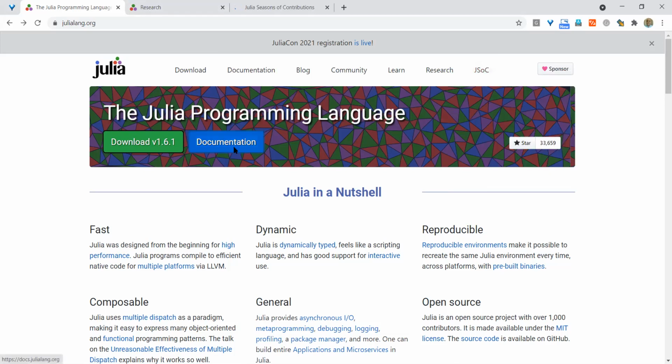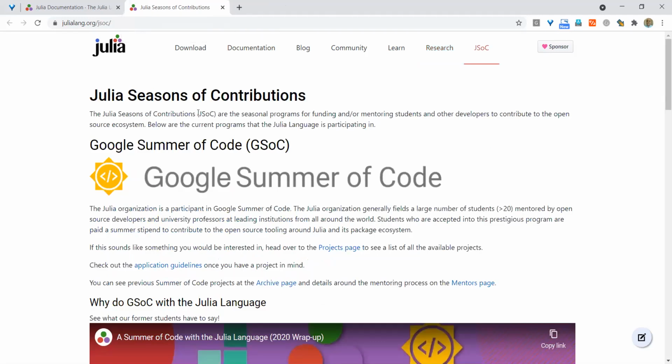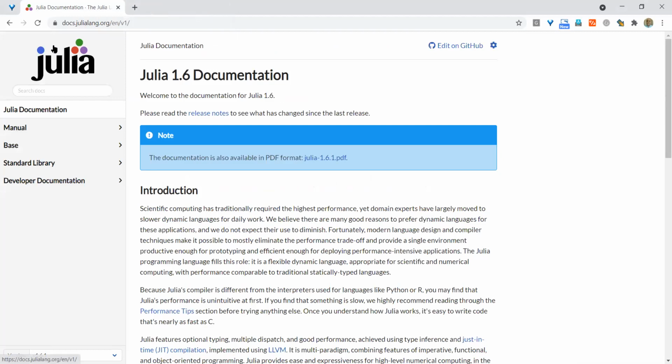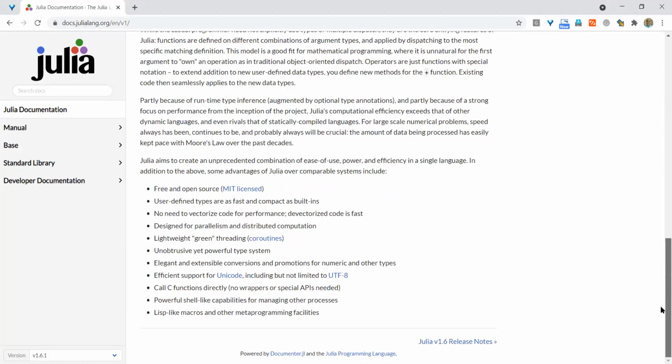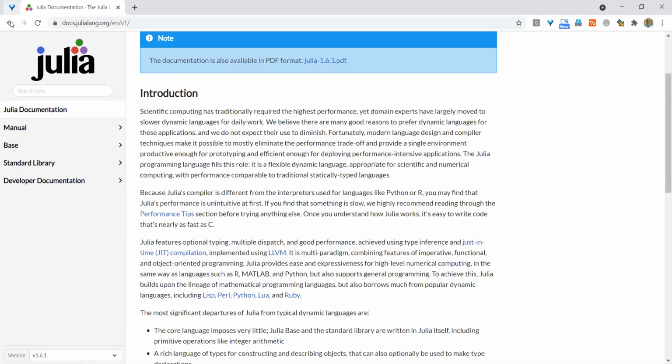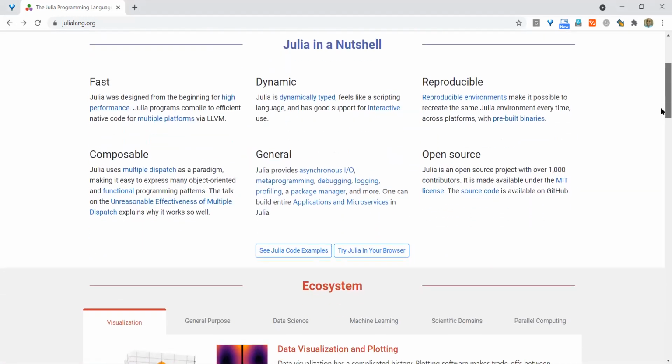All right, so let's see what the document says. The research. No, we are not doing any research. Okay, seasons of contribution in Google Summer of Code. No, not interested. All right. So this is the documentation, and we'll see this later. I was first interested in checking something, and that is